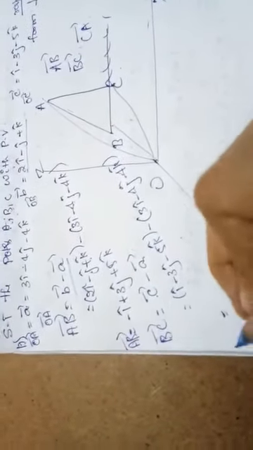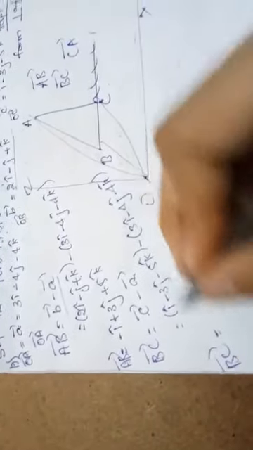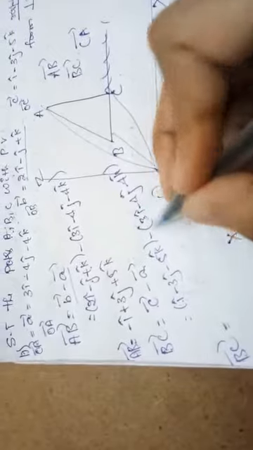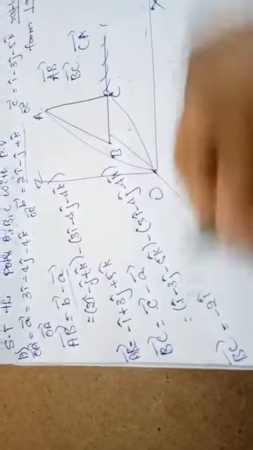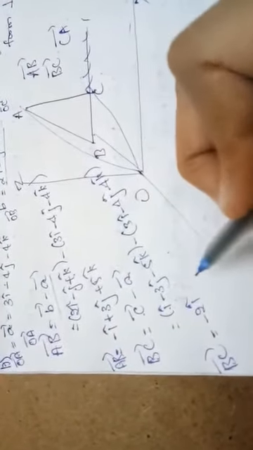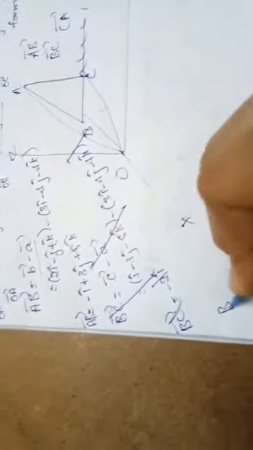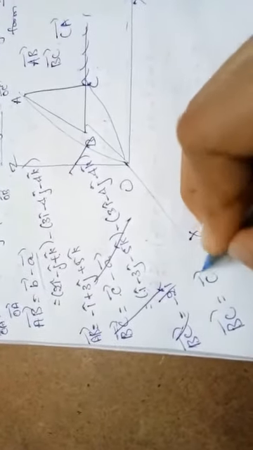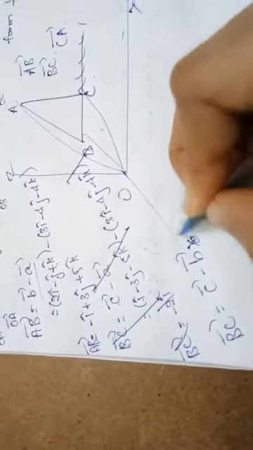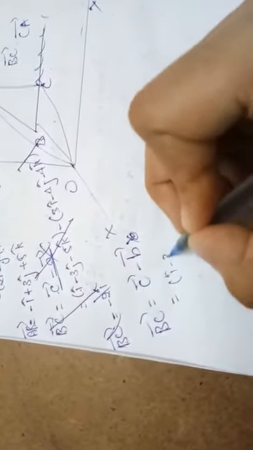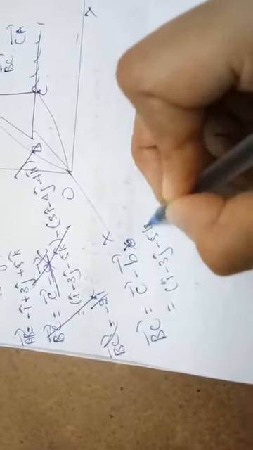So vector BC, using the corresponding components, 1 minus 3, it is nothing but minus 2 i cap. Sorry guys, it is nothing but vector BC, it is nothing but vector C minus vector B, not vector A. I had a mistake here, sorry. So what is our vector C? i cap minus 3j cap minus 5k cap.